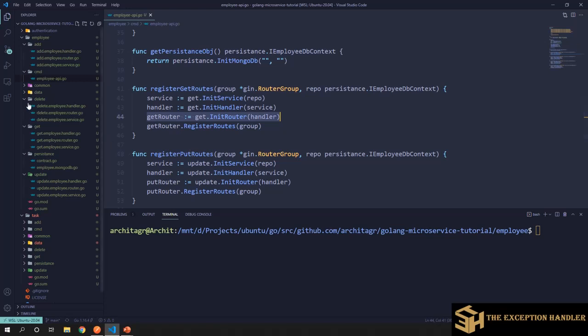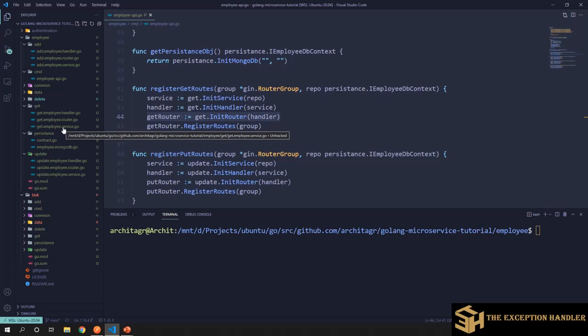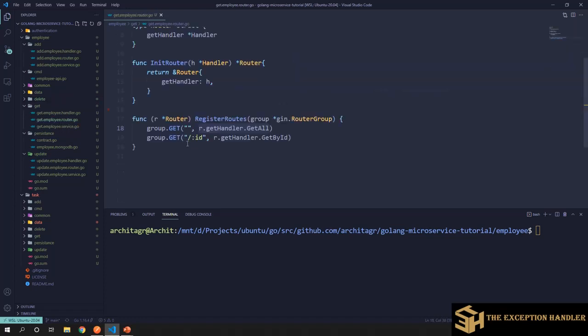only for get. If you see in the get structure, we have three sorts of files: get employee route, get employee handler, and get employee service. In this get register, we are just invoking the get router, and this is registering two routes, get by id and get all.